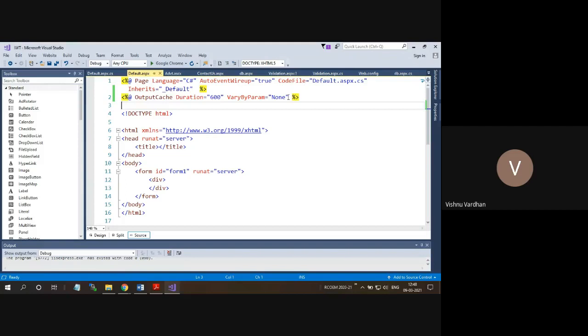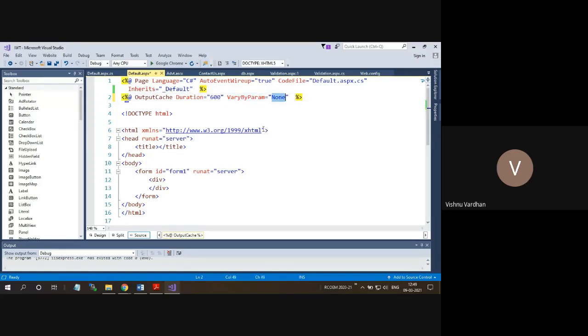One more variation is there. There are so many controls we can have, like you can deliver the cache objects based on the location. You can have the dependencies of the SQL data. You can vary the output of a page by the control name, some custom implementation. So these are all some of the changes. Let us see with this variable parameter, which is somewhat important.